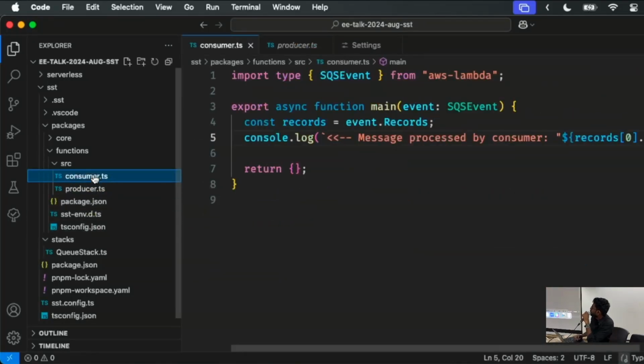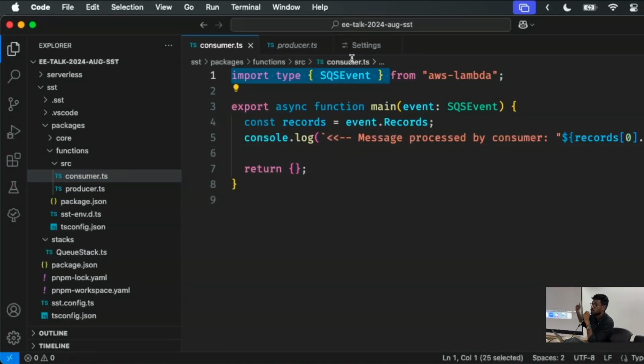Second, there's a consumer, and it's just printing whatever messages you got. Again, this is just from AWS Lambda. There's no SST code here, right? Now, when I sent the request, you saw that the response came immediately. It was fast, instant, and you got it on console log. So now you are technically able to test everything locally, with instant feedback.